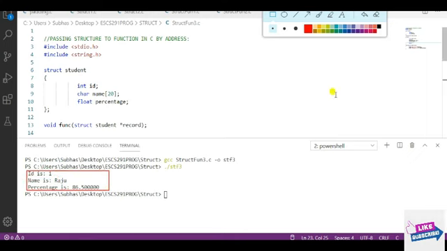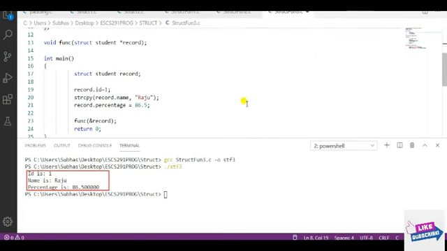If you want to give different outputs, you can take all the input from the keyboard so that we can continue with this example. So that's all about how to pass a structure to a function as an argument.